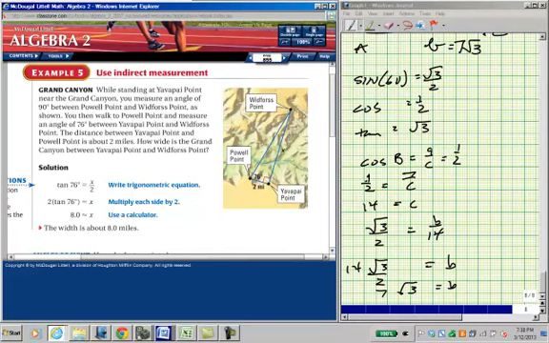Okay, so you want to find the distance from here to here, but you don't want to walk all that, or maybe you can't walk it because it's in the Grand Canyon, I guess. So you want to know the distance from here to here, but you can't. But you can walk from here to here. So you establish a right angle by some means. We don't know how you do it, and you walk 2 miles this way, and you take another sighting of